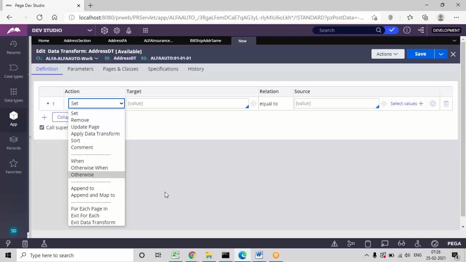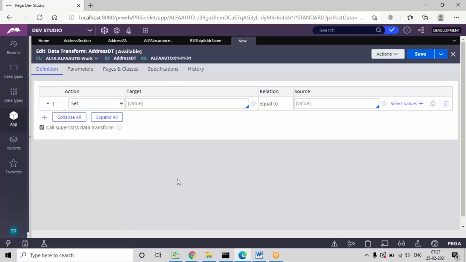And what the advanced functions are, you'll understand in the next example. Advanced functions can be used not only in data transform, but also in some methods in activity. There is something called the expression builder. You'll understand that in the second example I'll be doing today. At that time I'll show you how to use the expression builder. The expression builder can be accessed in many rules, not only in data transform but also in activity, under the property set method, under the obj browse method, and many other methods. I'll discuss that in the next classes.